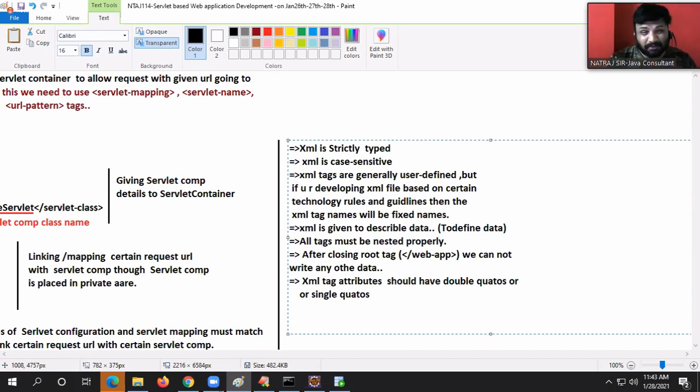Taking an XML attribute without double quotes or single quotes is seriously meaningless. I think you got some basic idea about XML here. You'll be studying more about XML in your coming classes, especially in the web service batch. Today, I'm just trying to present what is what.